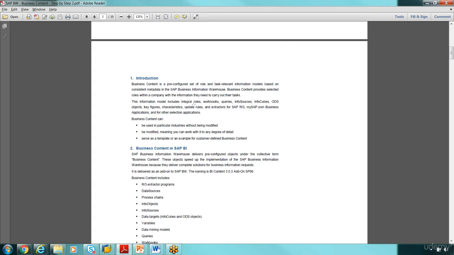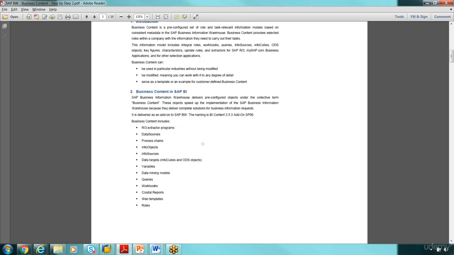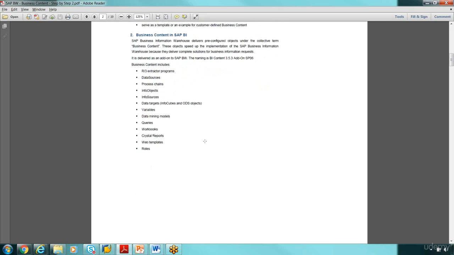You could have seen some of these, right? In our last 8 sessions, we saw InfoCube, DSO, key figures, characteristics. The SAP R3 extractor we will see in future classes, but other than that, most of them you have seen. Workbook and all come at the end, right? So these are reporting. Business content in SAP is pre-configured items which are stored in the system itself. It is delivered for us